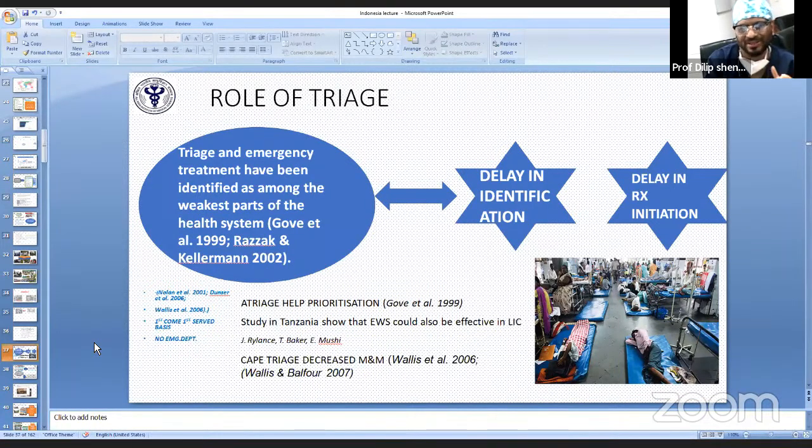Triage helps prioritize. I will give you an example. If there is a catastrophe or a huge accident, a lot of people with trauma are coming to the hospital. The first triage you have to do is who needs immediate surgery, who are the patients where nothing can be done, who are the patients who need analgesia. So you triage them by color coding: black, blue, green, and red. The staff identifies which patient requires what and acts accordingly. So triage has a very important role.